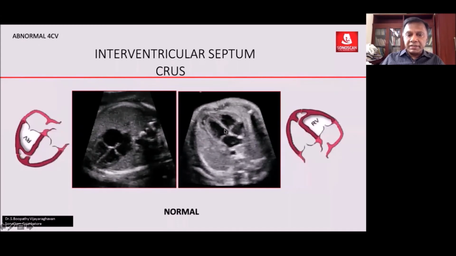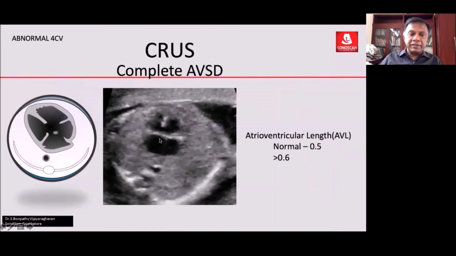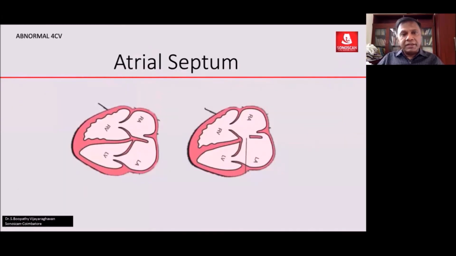So that is the crux, and because of that, there is a part of the septum which is between the right atrium and left ventricle. That is the atrioventricular septum. So the septum has got three parts. The intraventricular septum compared to normal in the AV septum, and the normal ratio is 0.5. If it is more than 0.6, then we must think of an abnormality. Then we come to the atrial septum,